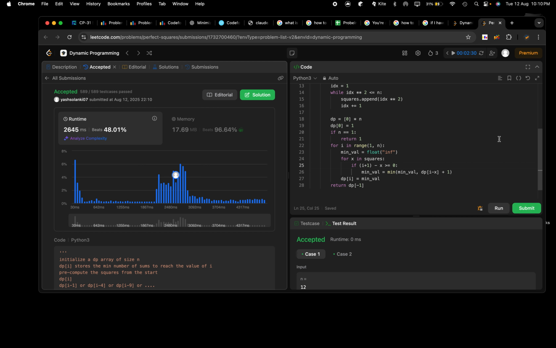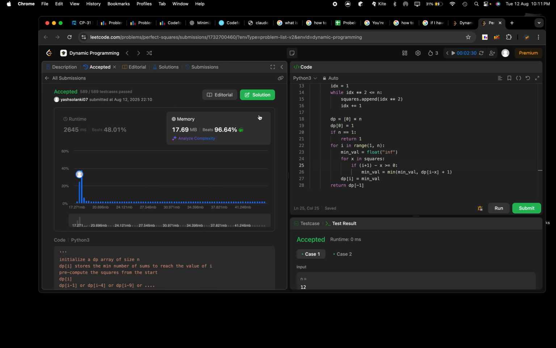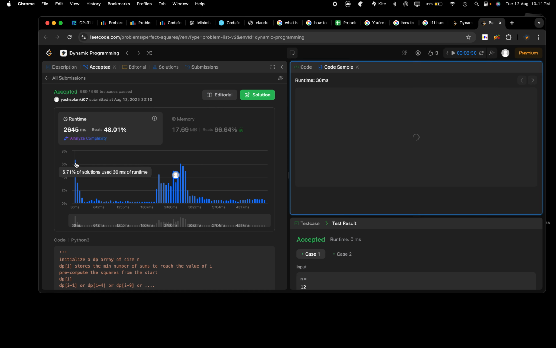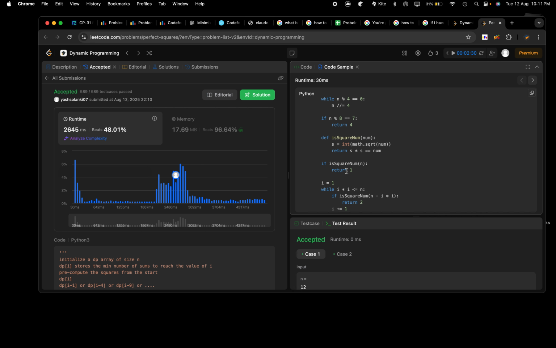But there we go. As you can see, our code is now accepted. And yeah, I'm not really going to be dealing with optimizing runtime and stuff, because if you look at this, technically we are performing average over here, but we are performing very well over here. And to be honest, we have an O of n solution, and I'm fairly certain you cannot do this in anything less than O of n. Apparently,